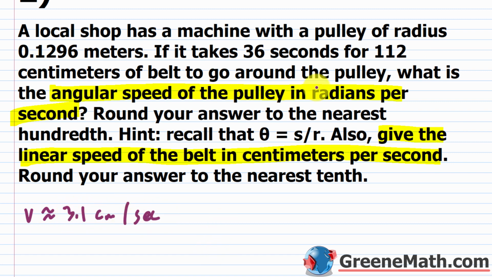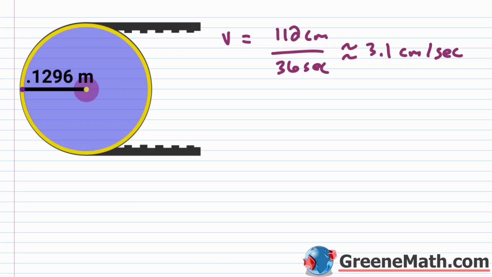Now for the angular speed, you can do this in a few different ways. You could start off by saying that omega is equal to your theta divided by your t, right? Your theta divided by your time. So we know the time is going to be 36 seconds. So you could put that in there. And then in terms of your arc length, we know that it's 112 centimeters. So this is your S. And your R, your radius, is